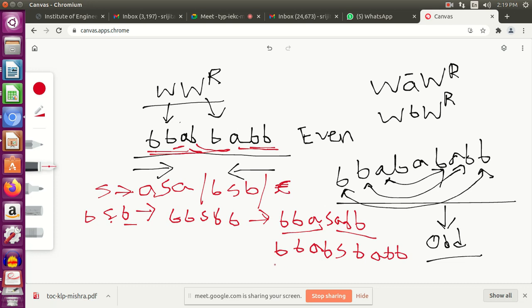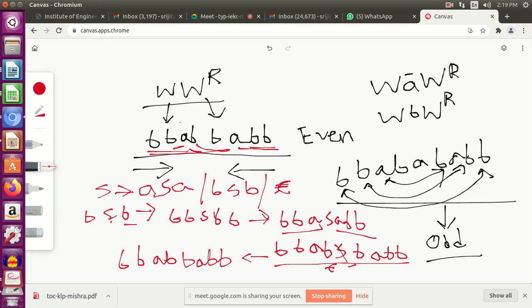Finally I have got whatever I want. In between there is an S, so you need to replace the S with epsilon. Once you replace the S with epsilon, you will get the intended string, that is BBABABBB.